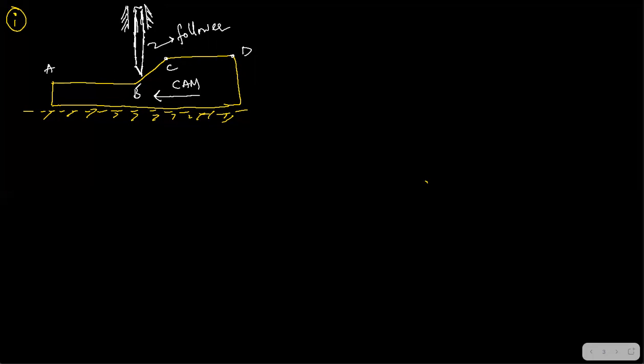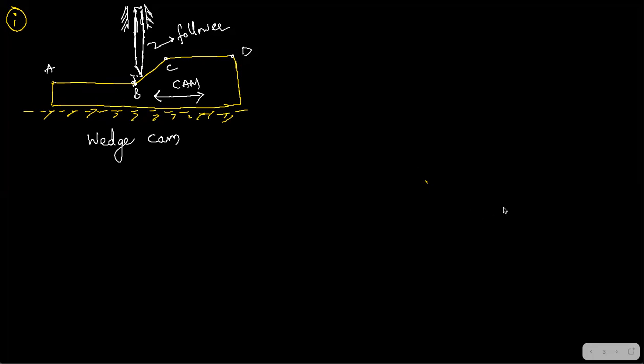And from A to B, will there be any motion? For example, I'm moving the cam in this other direction. What will happen? It will go to B, right? It means it will drop. From here to here, it will drop down. And from B to A, will it have any motion? No, the follower will be idle. So this is also an intermittent motion. Even if I give constant velocity to the cam, I'll still have intermittent motion of the follower. So this type of cam is called a wedge cam. This is the cam and that is the follower.